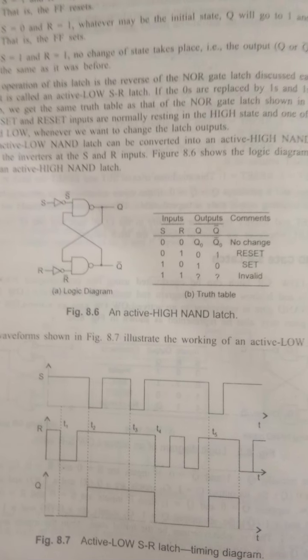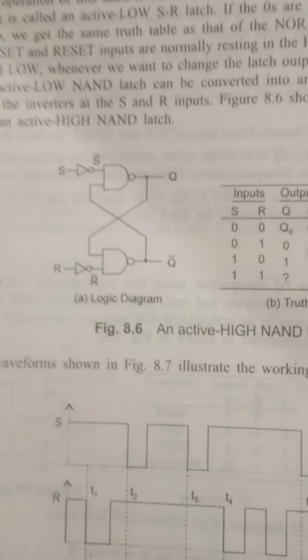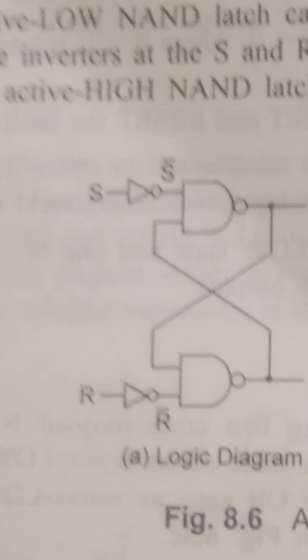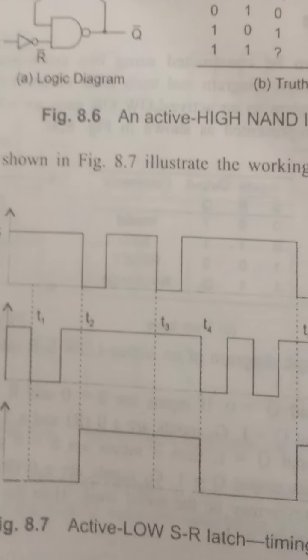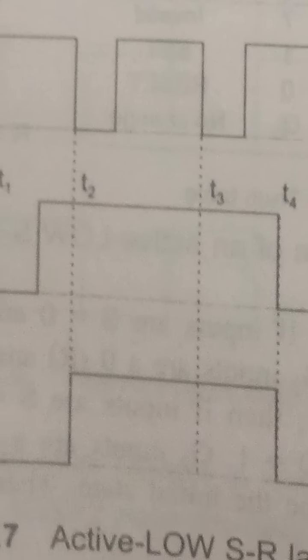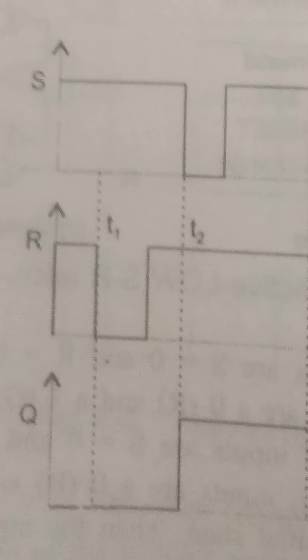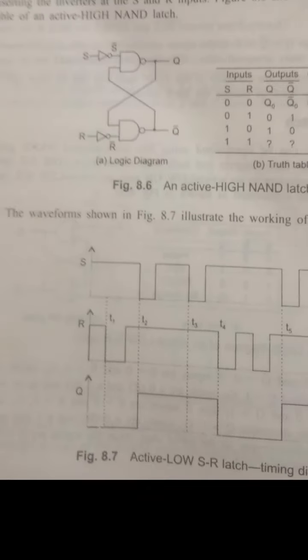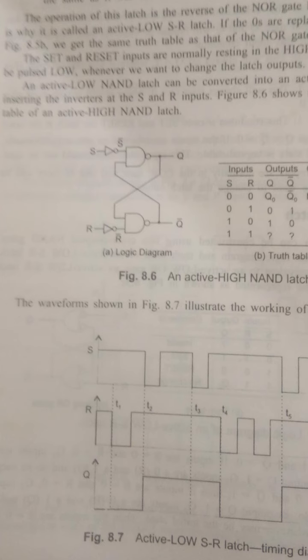And for timing diagrams, तो एक्टिव लो SR लैच जो NAND गेट का था, एक्टिव लो यानी बिफोर अप्लाइंग दिस इन्वर्टर टू द गेट. Now we can see that when S is low and R is high, then the output is high. See, this is the pulse. So Q is high for R is high and S is low. Just reverse of the active low NAND latch case.